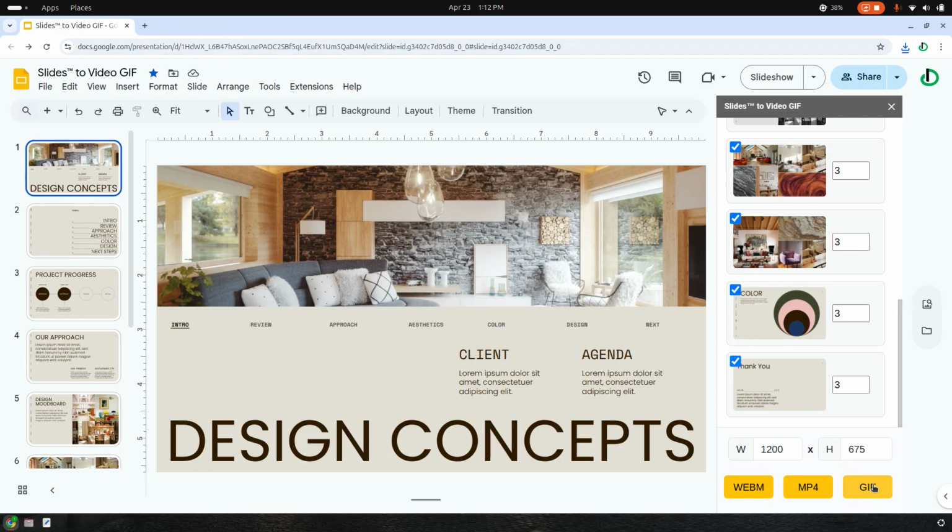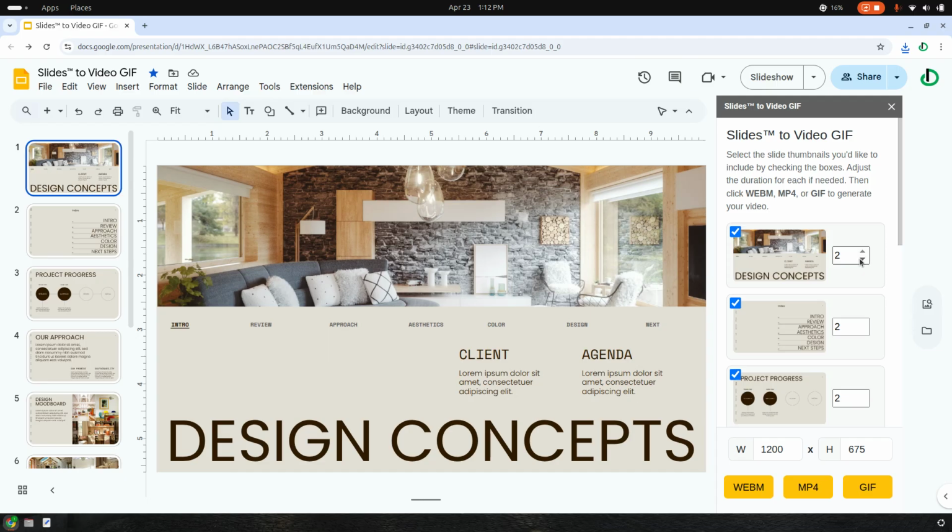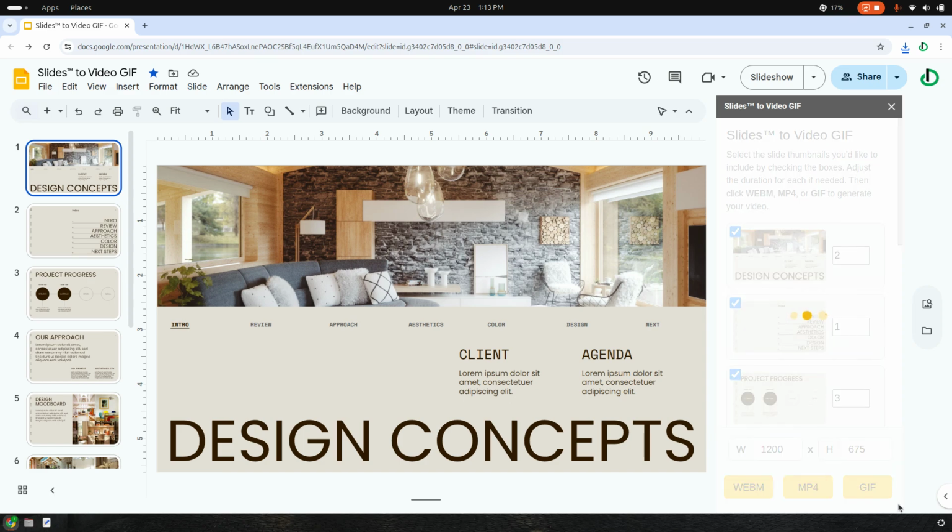Next, let's try with a GIF. But with GIF, it usually takes the value of the first slide, that's set to 2 seconds. It takes 2 seconds as the default interval for all the slides within, even if you set 3 or 1 here. To try, click GIF,